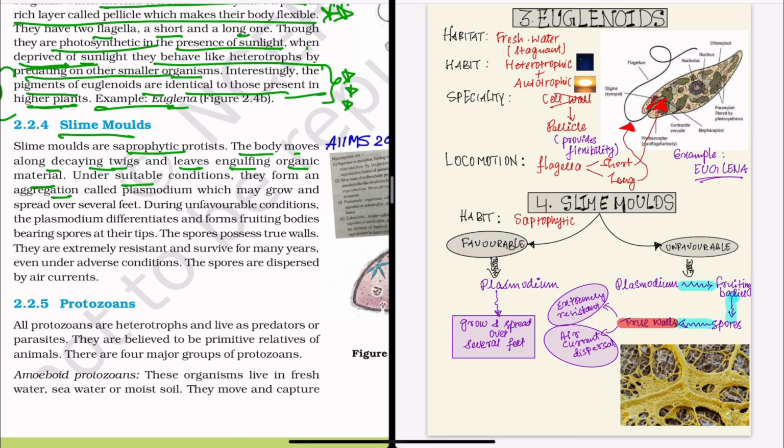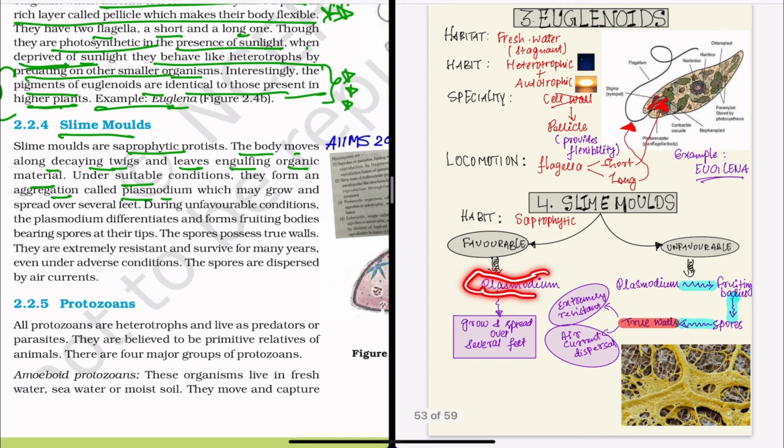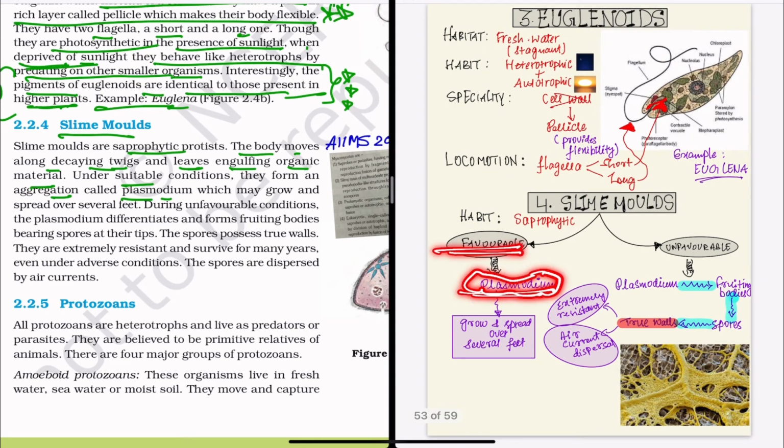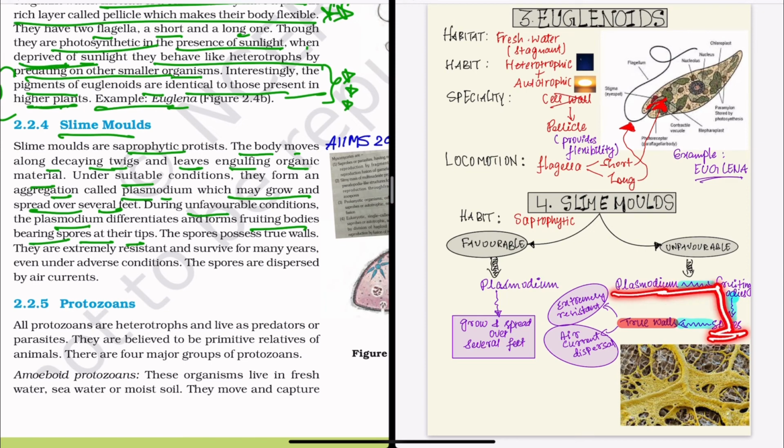They form an aggregation called plasmodium under favorable conditions, which may grow and spread over several feet. During unfavorable conditions, if the conditions are not favorable, the plasmodium differentiates and forms fruiting bodies. These fruiting bodies bear spores at their tips. Now these things are not quite as important as this thing, that these spores contain true walls,